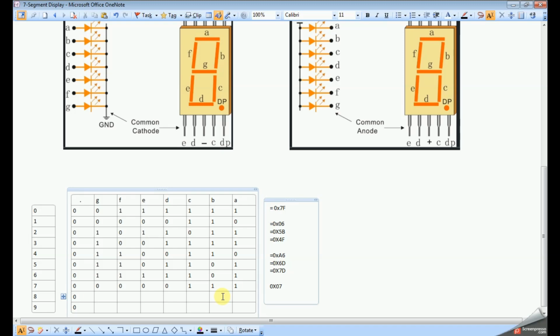Next I would like to display number 8. For 8 all will be 1. All ones means 7F. So for the first one there is a mistake, it should be 3F.